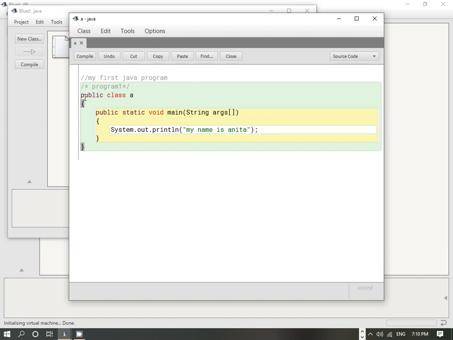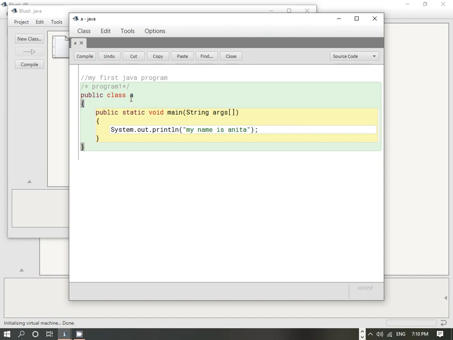Then the next thing is public. In my previous video I taught you about access modifiers. This public keyword indicates that the class which you are creating can be accessed outside the class also.